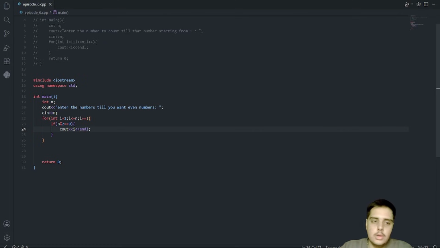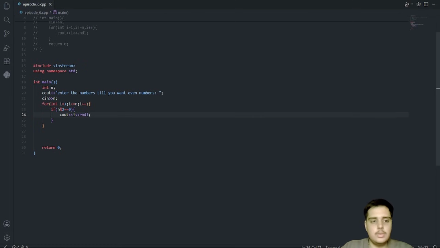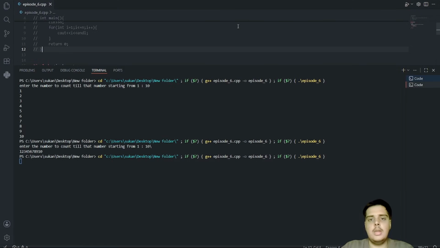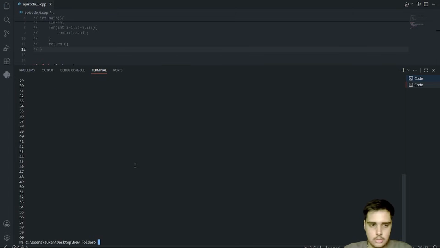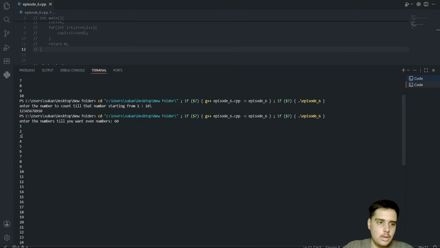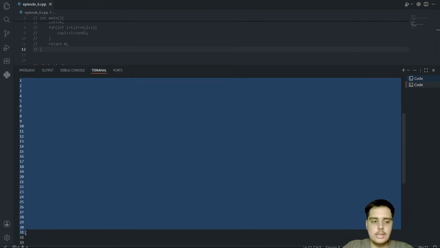Single equal to won't work here. So let us try the code and run it. Enter the number till you want even numbers. When I say 60, it gave me all numbers till 60.